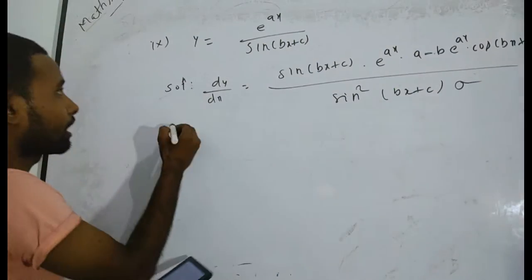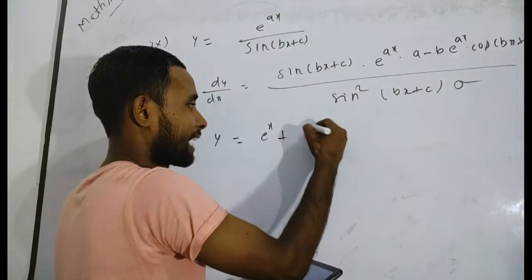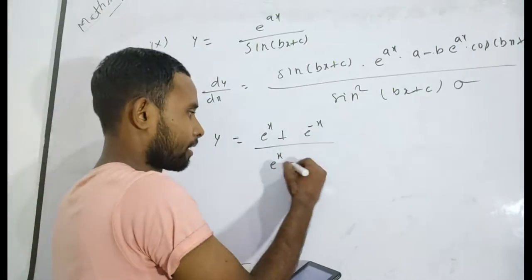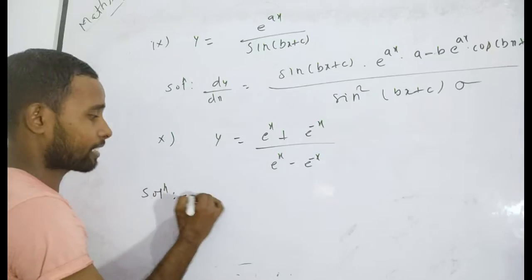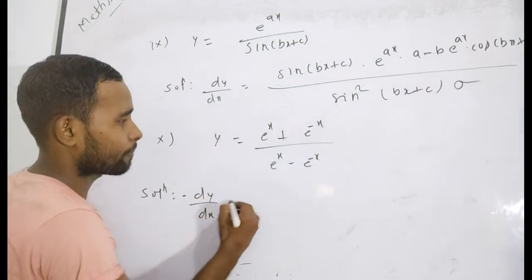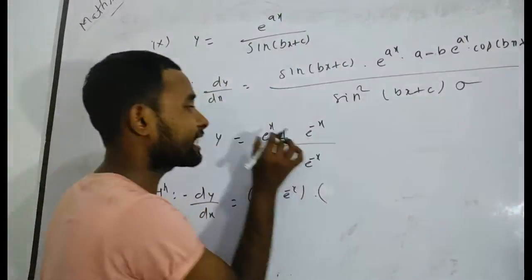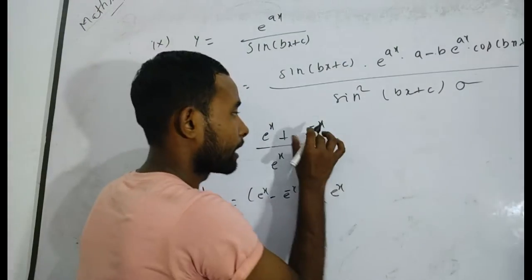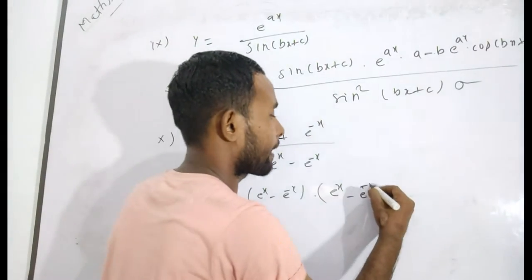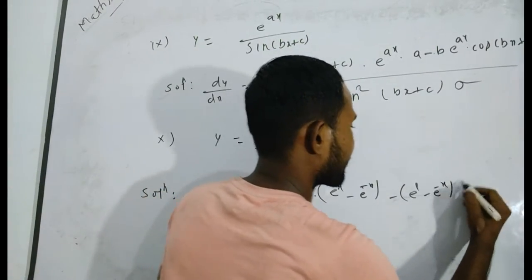I will again write the answer of the next question for you directly. I think you have also done a lot of practice in your previous class, so you can do it also. Simply you have to take outer side e to the power x minus e to the power minus x. Differentiate e to the power x plus e to the power minus x with respect to x. You will get e to the power x. Its derivative will be minus e to the power minus x. Again take e to the power x minus e to the power minus x, and differentiate.